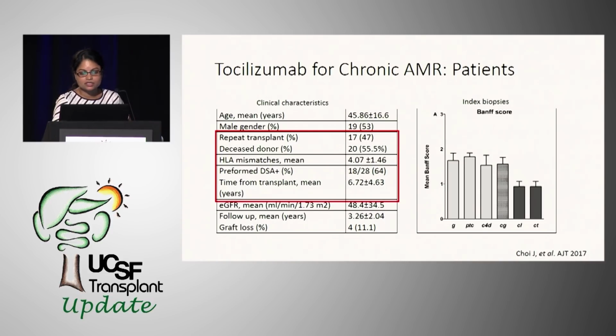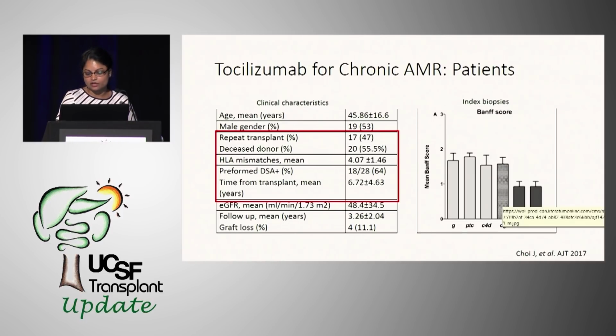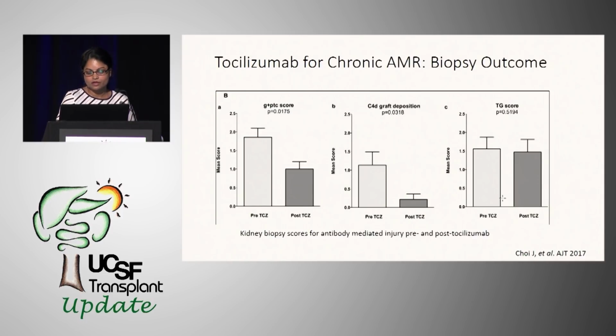So as you can see, these are the index biopsies, the Banff scores for glomerulitis and capillaritis, both of which are indicators of antibody-mediated inflammation, were high, about 1.5 or so, and they also had significant chronic antibody rejection as measured by transplant glomerulopathy. So when you look at the kidney biopsy scores pre and post for patients who had the